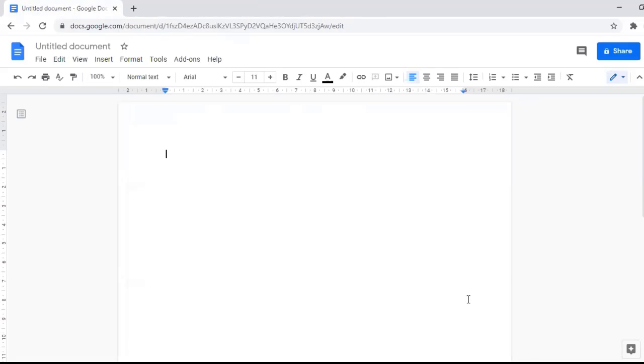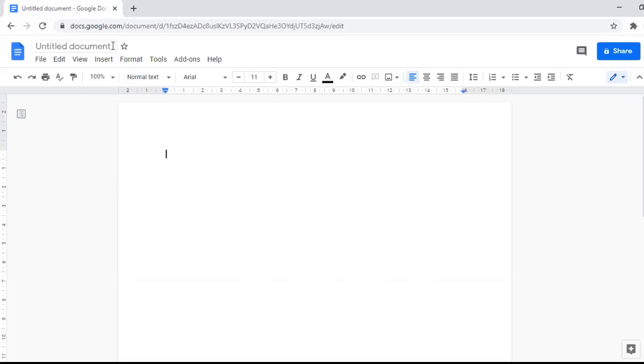So this is the Google document and how we are going to open it. Firstly, before going further, we need to know how you are going to name the document and how you are going to save the document. So you just go to the untitled document, click here and give some name.